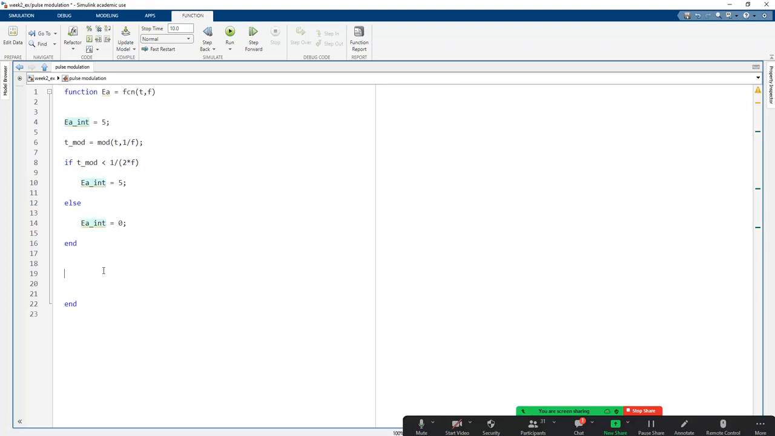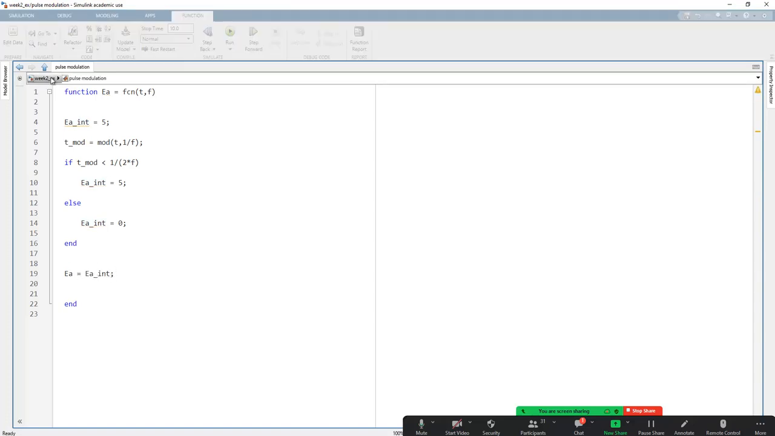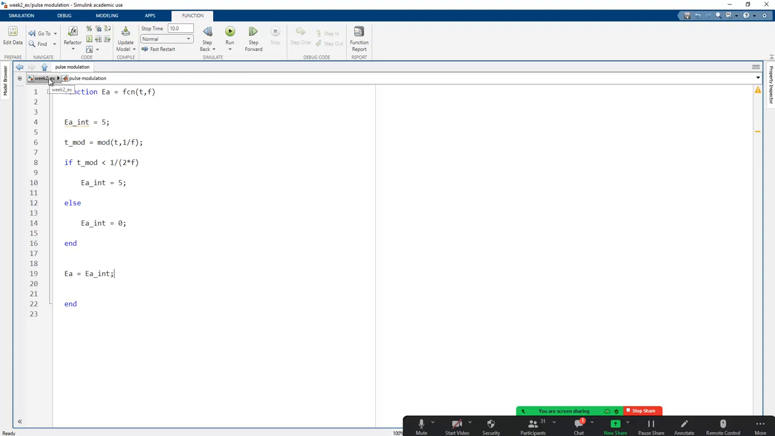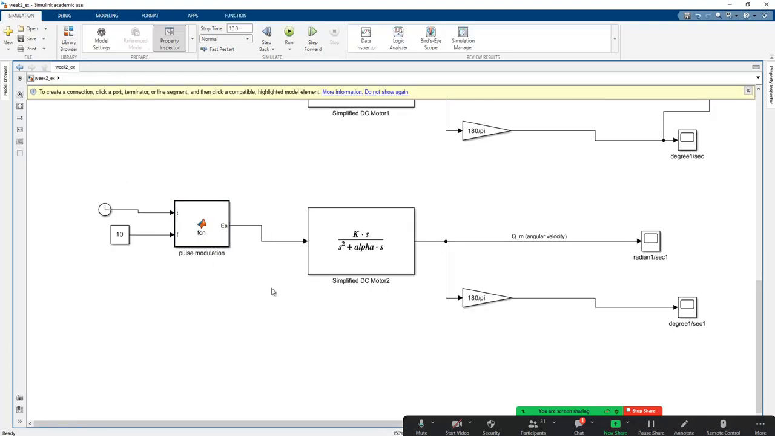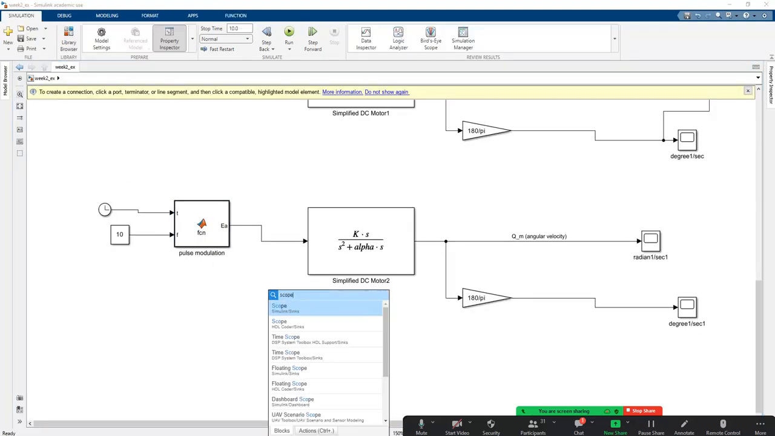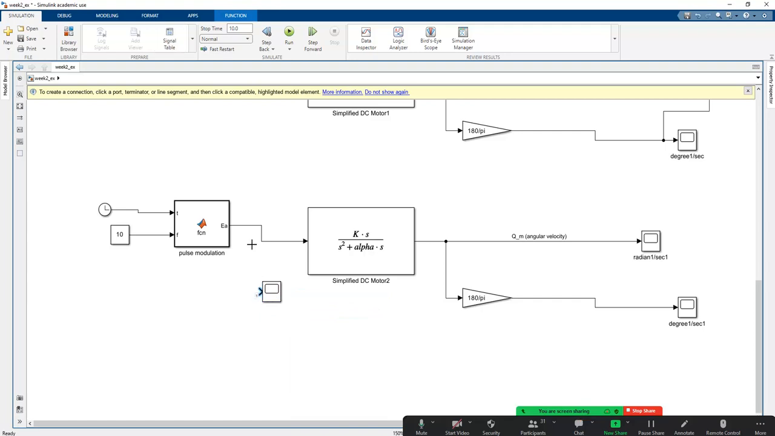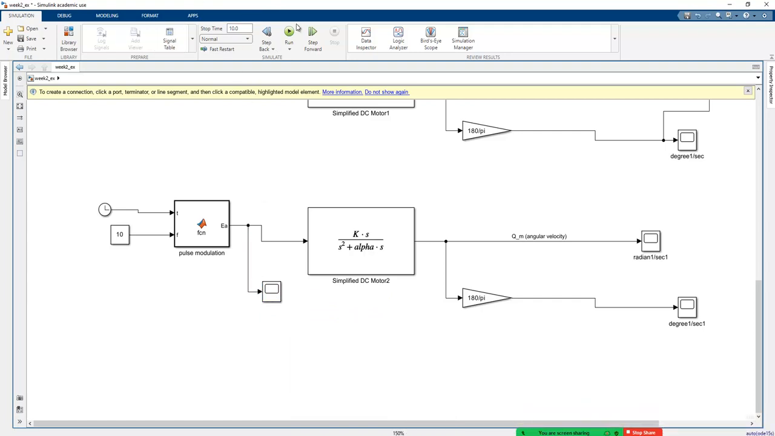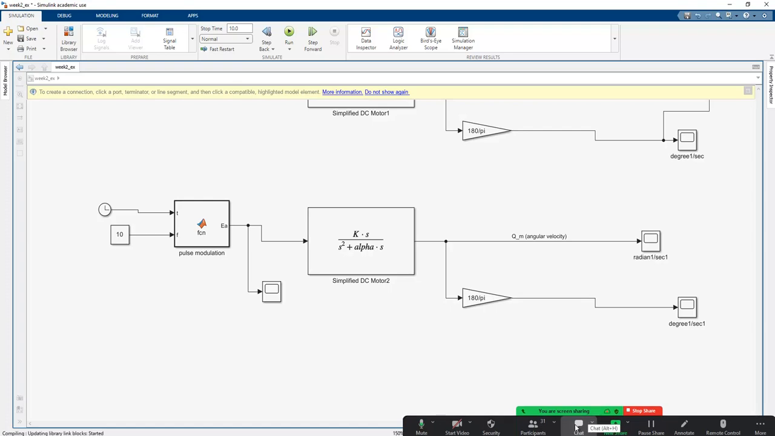And so in the last case, EA should be equalized to EA int. In order to understand how we can accomplish this algorithm, we should give the scope of these terms. Okay, and so if I run this code